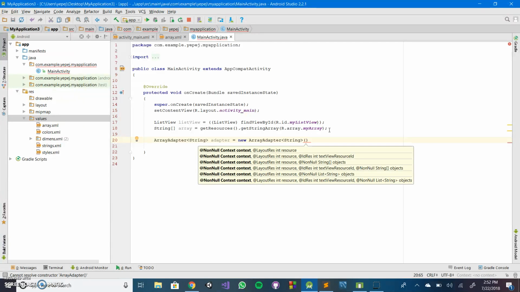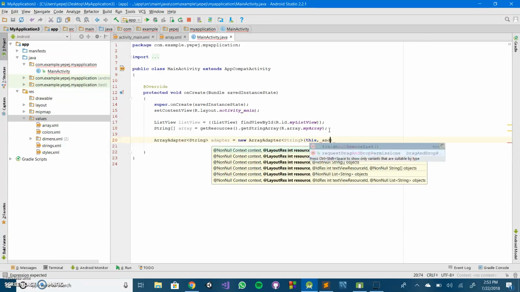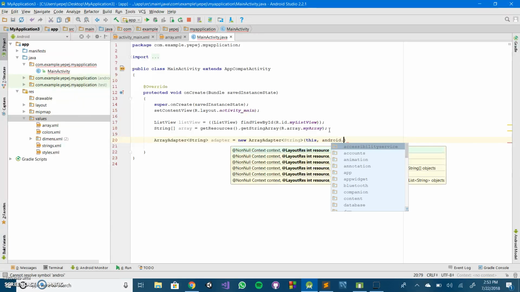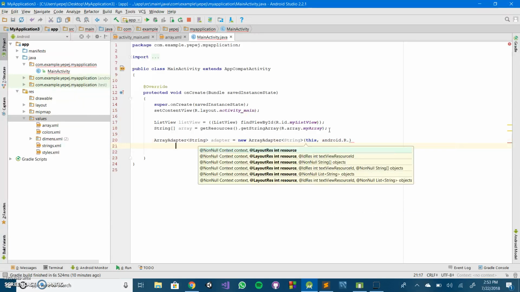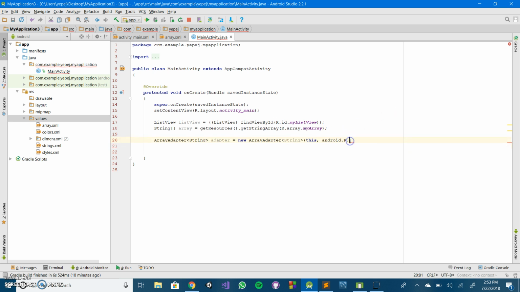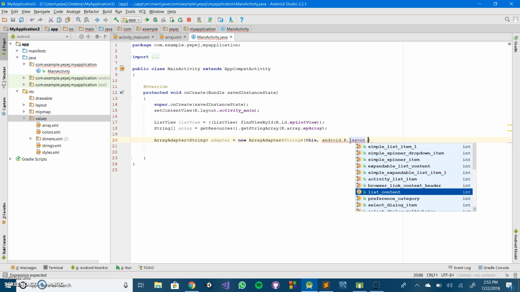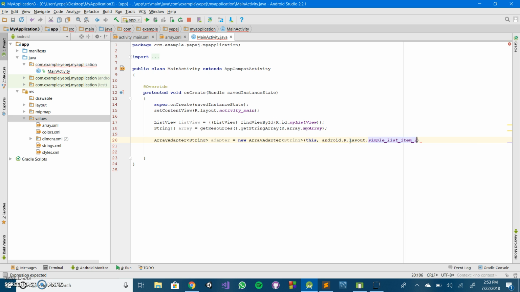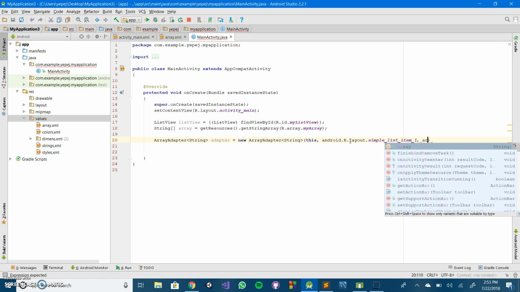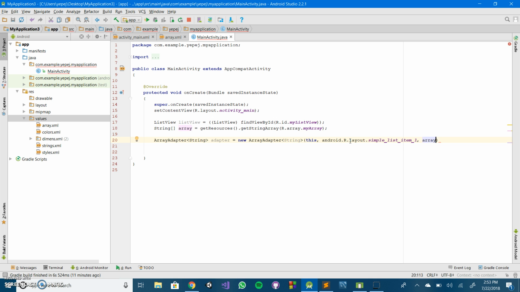I'm not going to get into the details of the parameters being passed, but you have to pass the context and the layout for the list view to be in. And for the third parameter, you want to pass in the array, and the list view, and then it formats it. So once you have your array adapter, your array, and your list view,